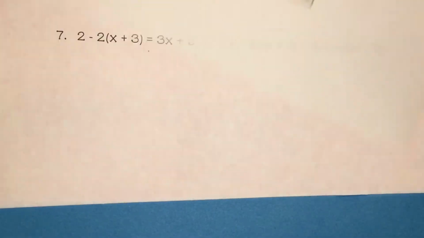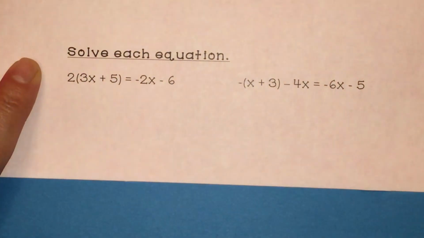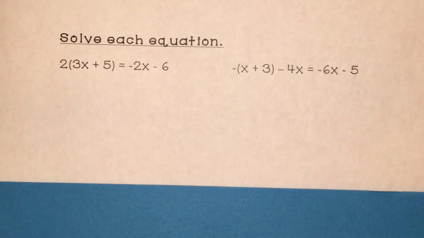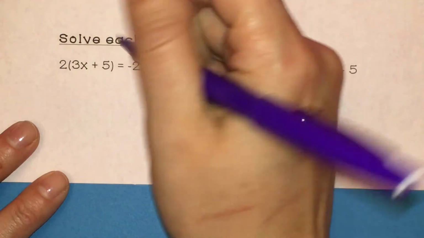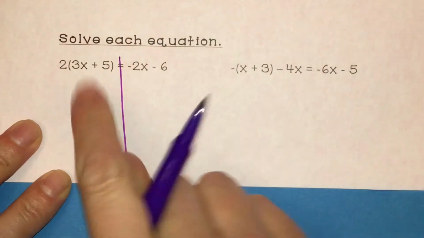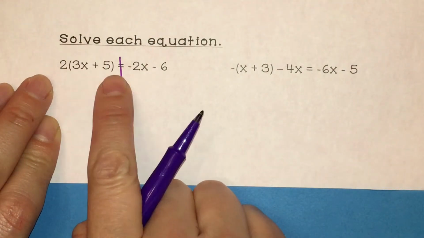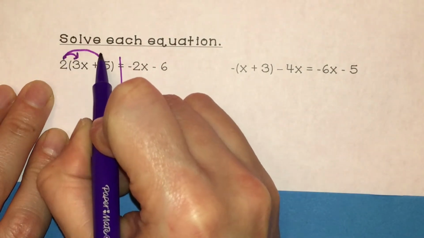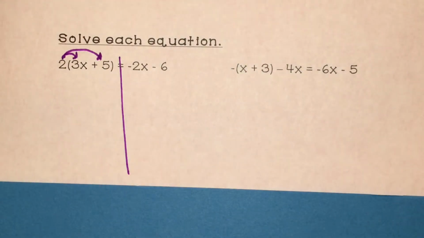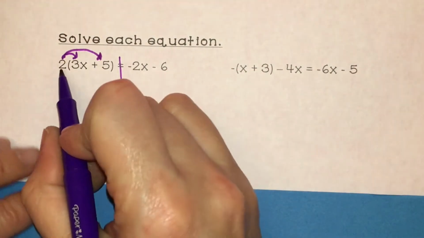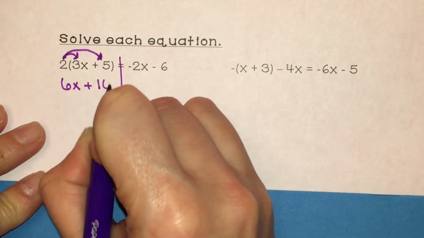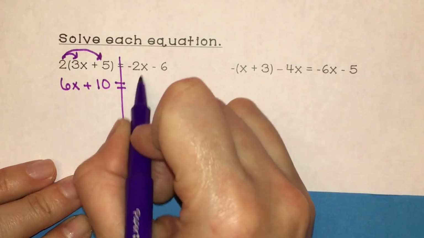All right, so we're going to try a few more problems that are just a little more complicated. We have to do multiple steps before we can start moving stuff from side to side. I can see on the left, I have a 2 being multiplied by 3x plus 5. So I'm going to distribute that 2, multiply it by everything inside before I start moving stuff. So 2 times 3x is 6x, plus 2 times 5 is 10, equals,